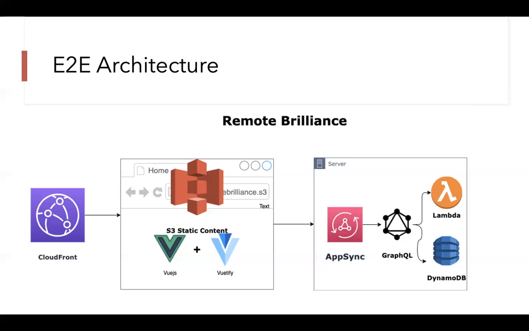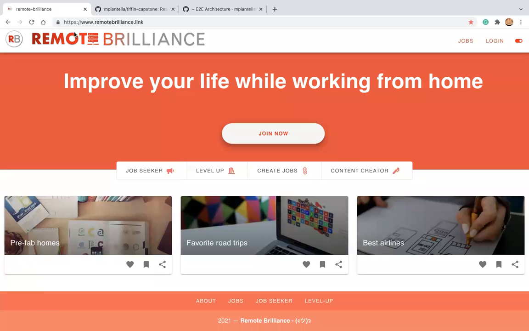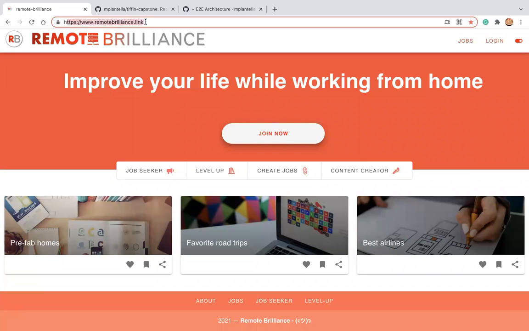Now I also configured a certificate with Route 53, and I registered a domain, which is remote brilliance link. So this is all secure.